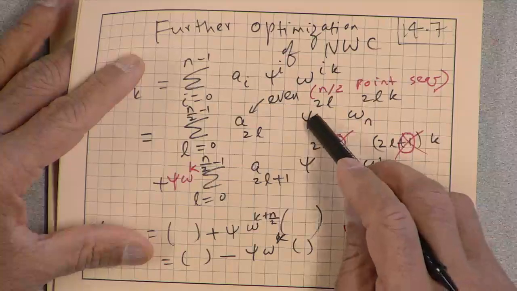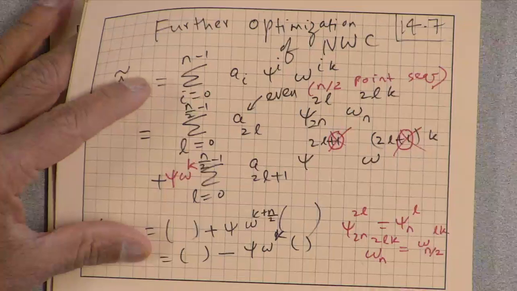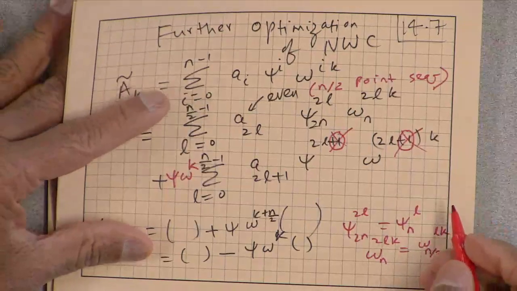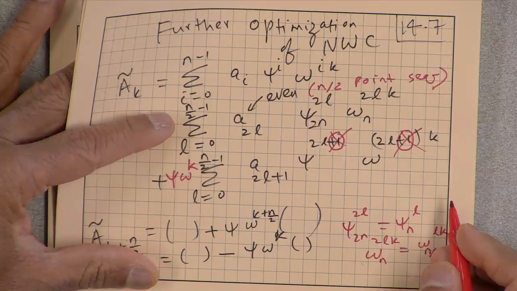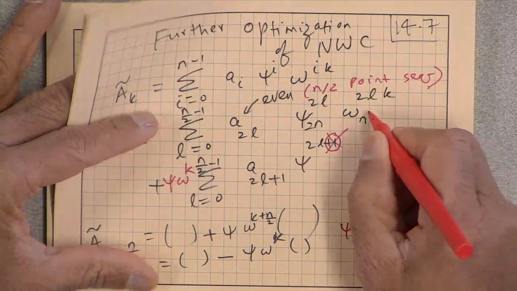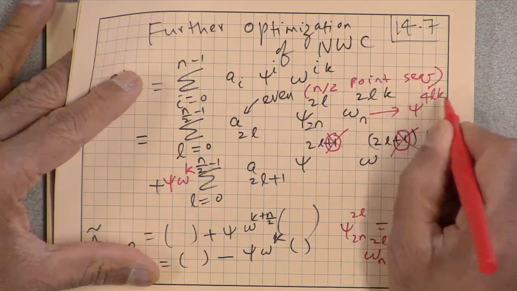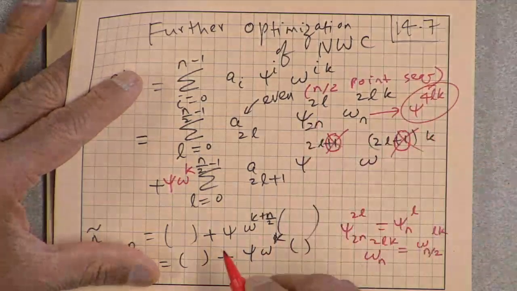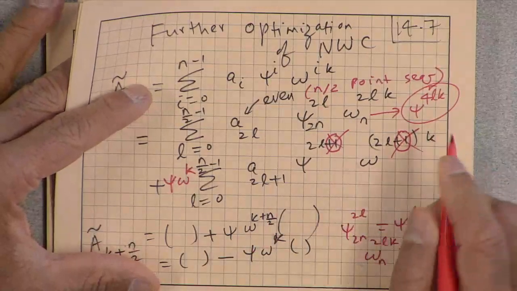So remember, omega is psi squared. So this would be psi to the power 4lk plus 2l. Okay, I think it would be good to write down